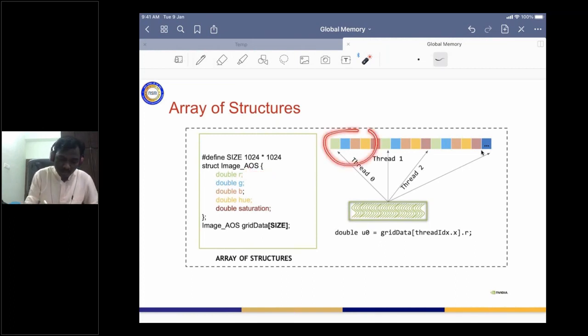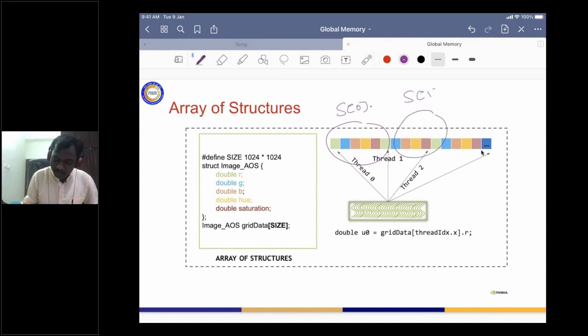Think of this as S of 0, this as S of 1, and this as S of 2. Thread 0 wants to read S of 0 dot R, which means this location.